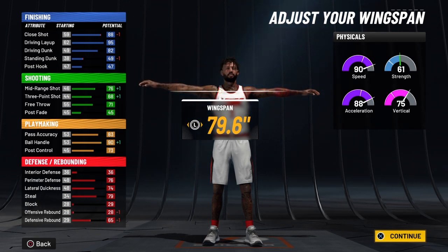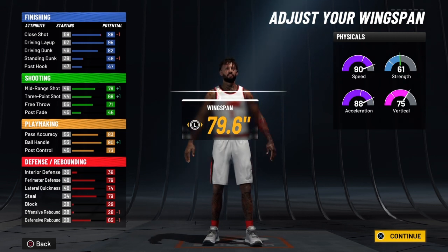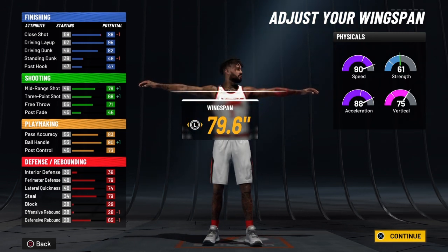But here at Analyze the Channel, we want the 10 because we want the pure athlete. That is the best basketball player. A basketball player with the IQ, and that is an athlete, is the best basketball player in the world. Now,